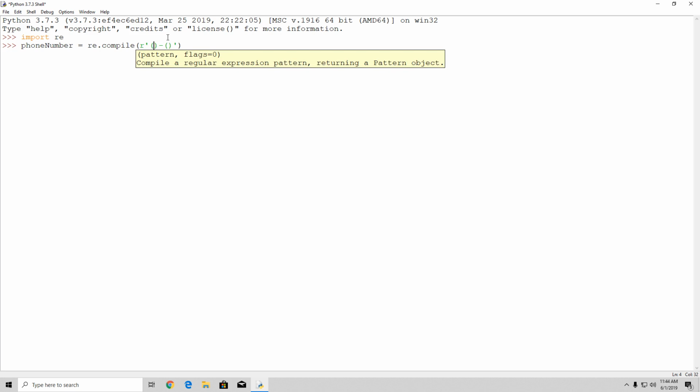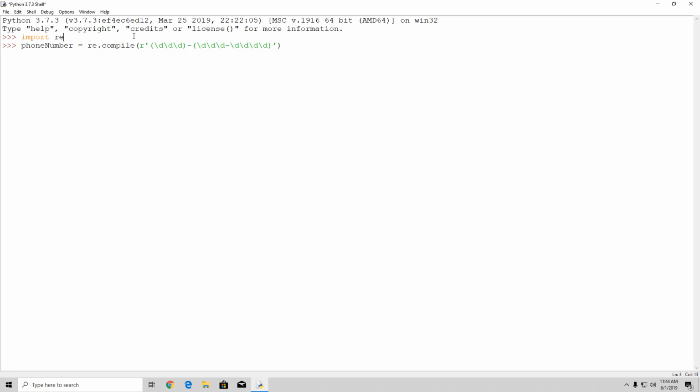In the first one, you specify \d, \d, and in the second one, you can specify \d, dash, \d, \d. Okay? So what we did right here is we actually created the same syntax as the previous example, but right here we divided them into different elements. So right here, if I just press enter, and we perform the same search function as before,